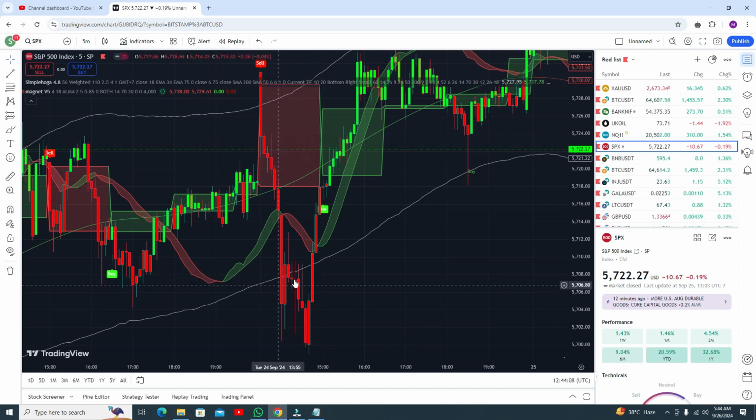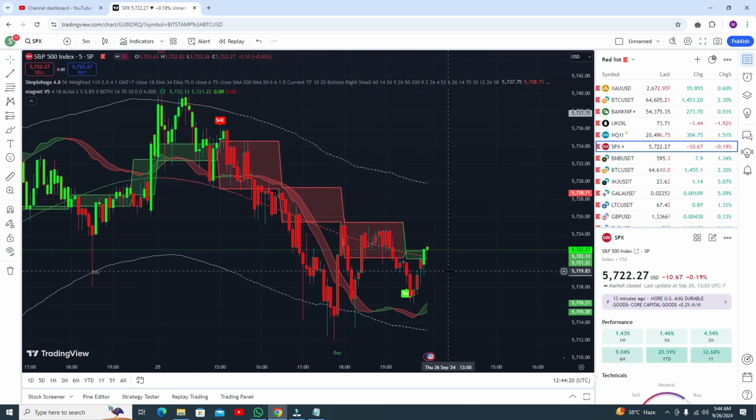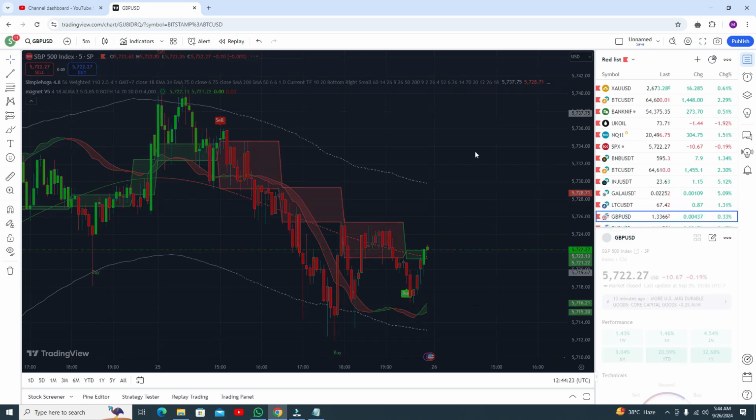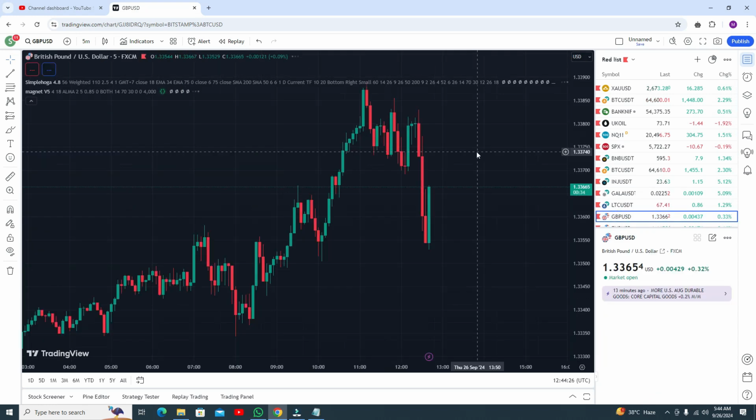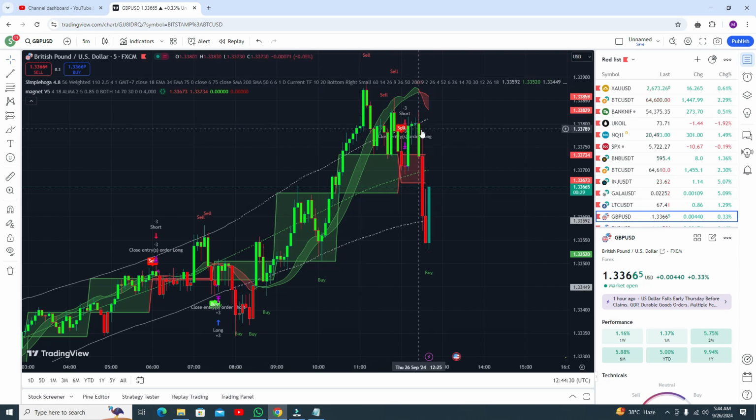This indicator is giving you more confirmation, and you can see you are getting good profit here. This buy signal gives you good profit here. Okay, now this sell signal gives you profit here. Okay, so let's see results in some forex pair as well. In the forex pair, that was the most recent sell signal, and you can see you need to book your profit at this point. Okay, the most recent signal, and you can see the accuracy is awesome.